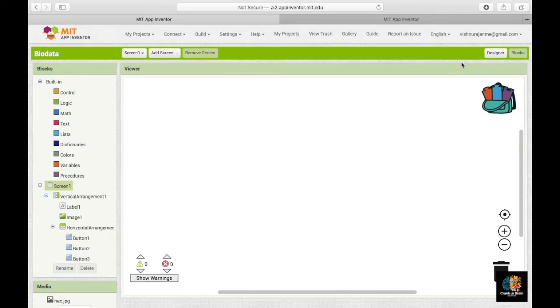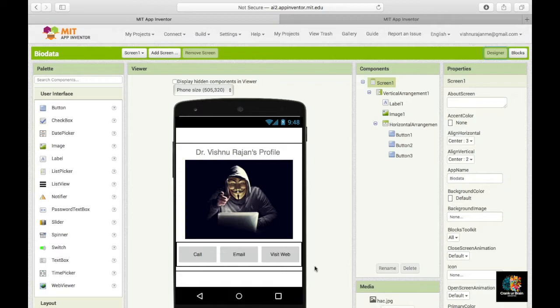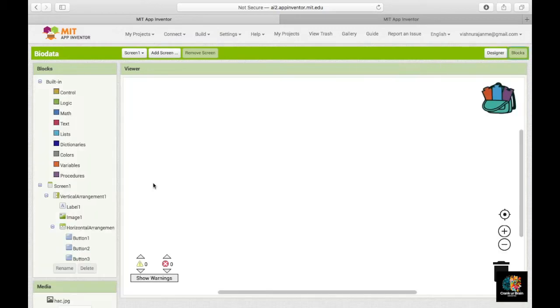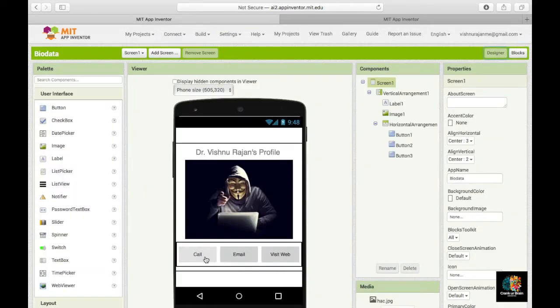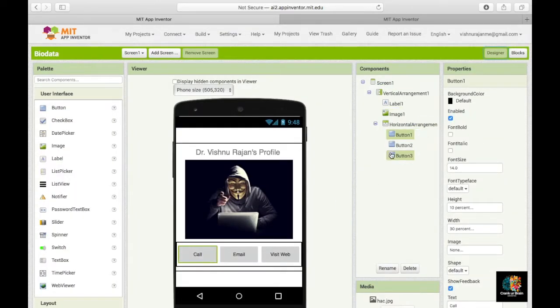For that, first of all, we should have a definite idea regarding our designer itself, that is the graphical user interface. As we already know, we need to give logical options to these 3 buttons alone. So for all these 3 buttons, we need to write some code. Let me start with the first button, that is the call button. First, from this block section, you need to identify the call button. To identify that, you just click on the call button and see what name is specified over here.